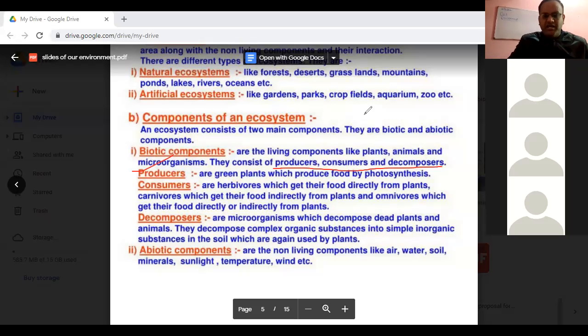So let me see how much idea you have regarding this whole aspect. Yes, students, the consumer is further subdivided into primary consumer, secondary, and tertiary. Can anyone answer? Okay, I'm allowing you. Yes, Sneha Rao, 10B, you can unmute yourself, Sneha. Sneha, who are primary consumers? I told you consumers are of three types.